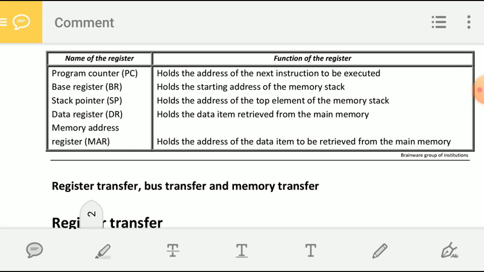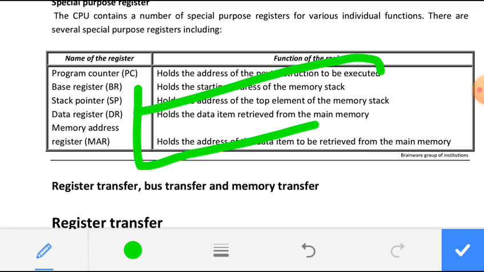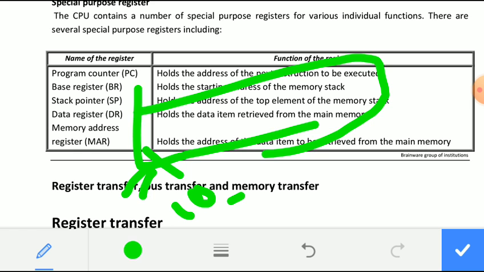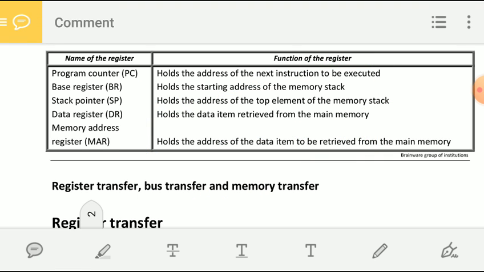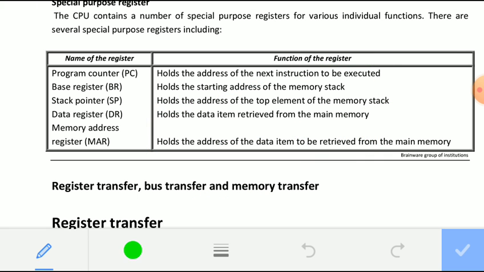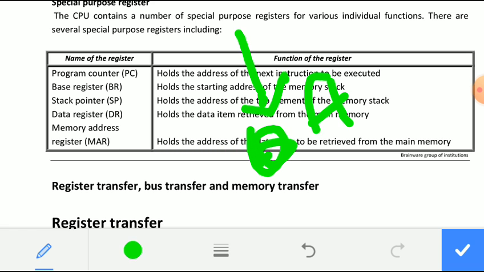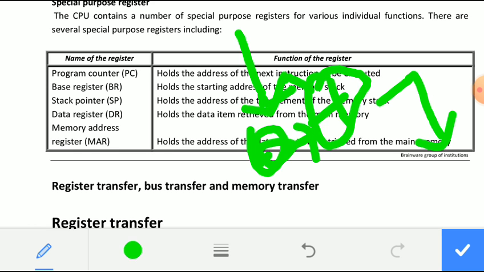Same as with the array, we only know the base address, then we add 5. Say the base address is 10, then we add 5, that means the fifth location, and we get the data of the fifth location. In the same way the base register also holds the starting address of the stack, and then a displacement comes from the CPU, and the addition of the base register and the CPU displacement is performed to produce the actual address. That is the function of the base register.